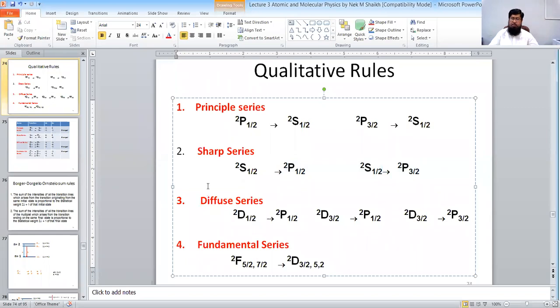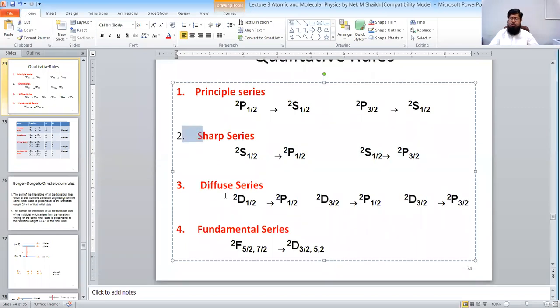तीसरी चीज है डिफ्यूज सीरीज। डिफ्यूज सीरीज का मतलब है कि this varies from D to P. अब D to P में क्या हो सकता है? D 1/2 भी हो सकता है, D 3/2 भी हो सकता है, D 5/2 भी हो सकता है, इत्यादि। So 3/2 से 1/2 में भी आ सकता है, 3/2 से 3/2 में भी आ सकता है, और 1/2 से 1/2 में भी आ सकता है। तो यहाँ पे from D to P this series is known as a diffuse series।